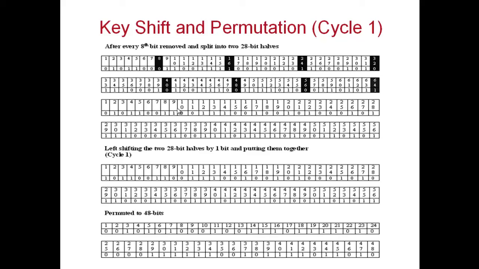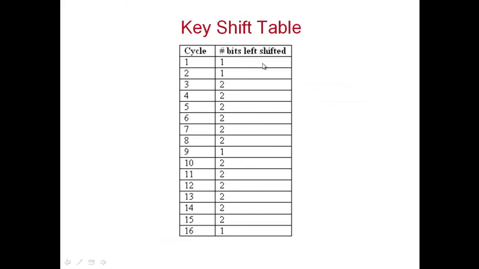So which means the 64-bit key essentially reduces to a 56-bit key because you removed 8 bits when you removed every 8th bit. So those 56 bits of the key are broken into two halves. So 56 bits when you break, it's like 28 bits and then another 28 bits. So these are the first 28 bits and these are the next 28 bits. Now these two 28-bit halves go through some left shifting. So how many bits we shift to the left depends on the cycle. So if you're going to use the key for cycle 1, we move the bits in both the 28-bit subhalves by 1 bit position to the left. Same thing for cycle 2, but for cycle 3